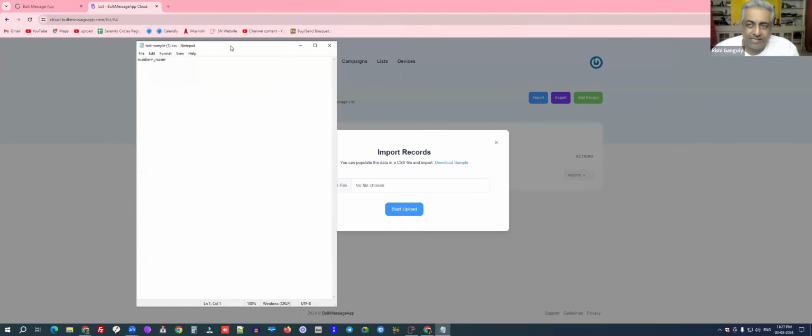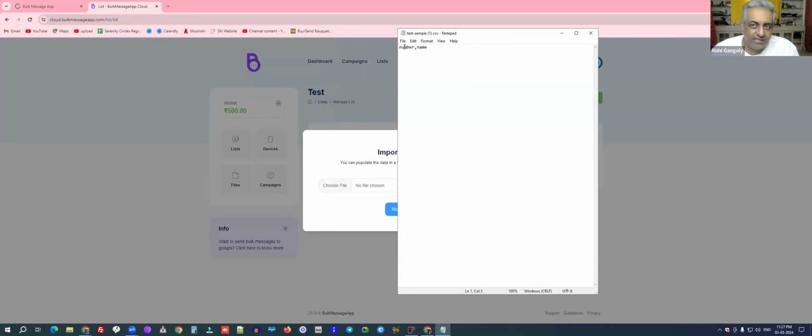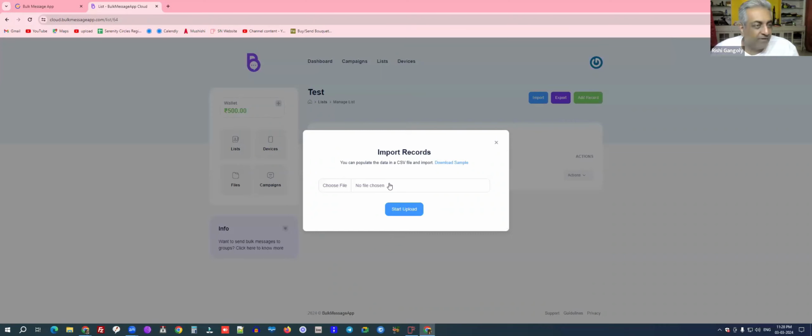It will open up an Excel or Google Sheets. I prefer Google Sheets. You can see number and name is there, and you can go on adding numbers, comma, name as a database and save this file, then upload the file, and you will be able to report the numbers. So for example, let's say I actually go here